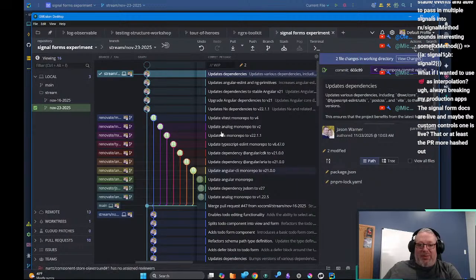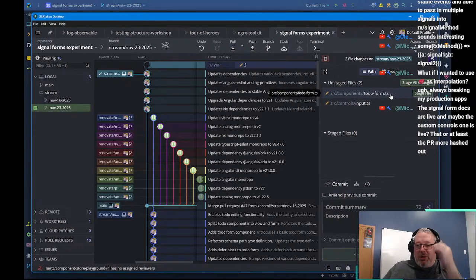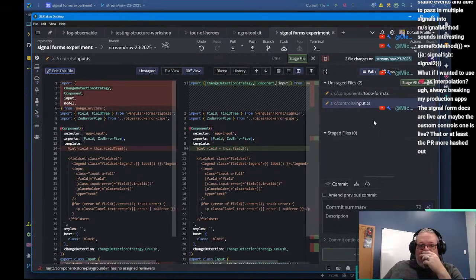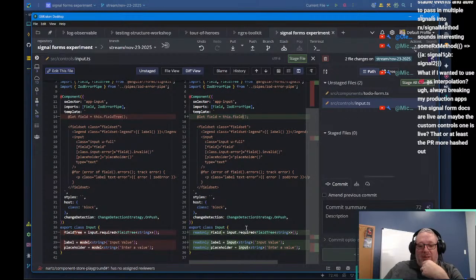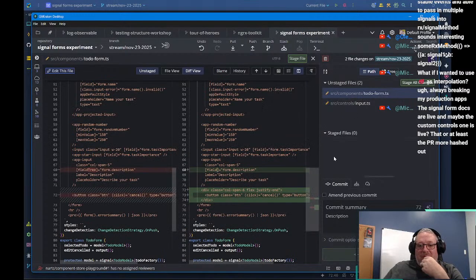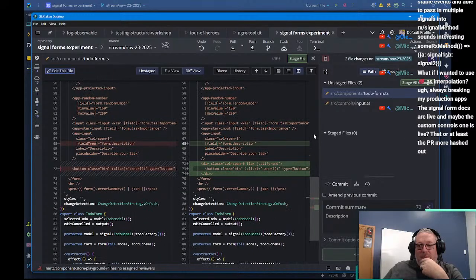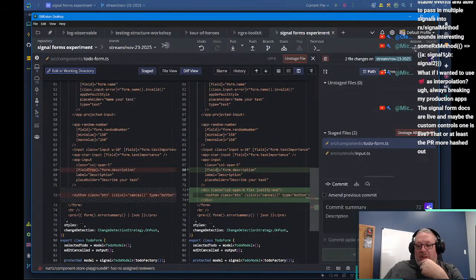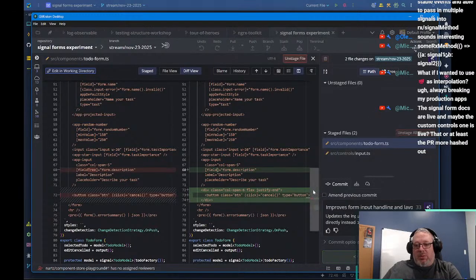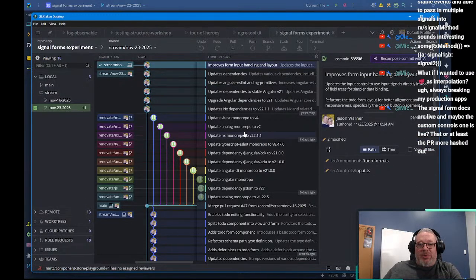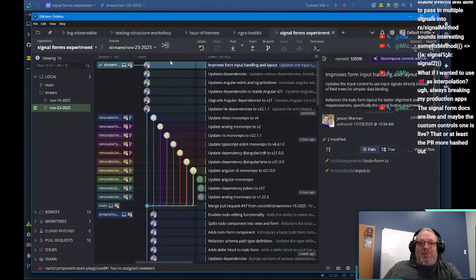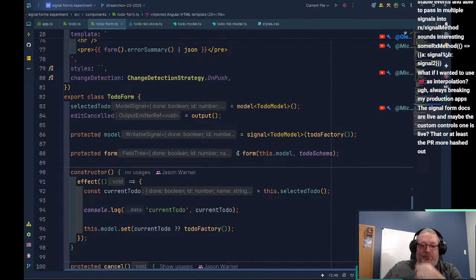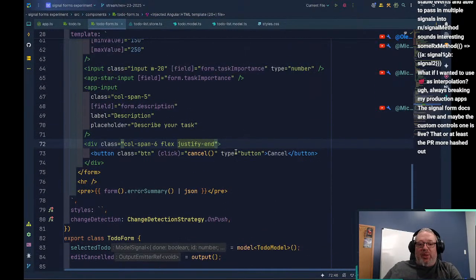Let's go commit some of this stuff before we dig into the save button. So here, we're now able to use the field again, right? That's the only change we made here. Yep. So there we go. We'll push that. There we go. Okay. So at this point, we're ready for our save button.